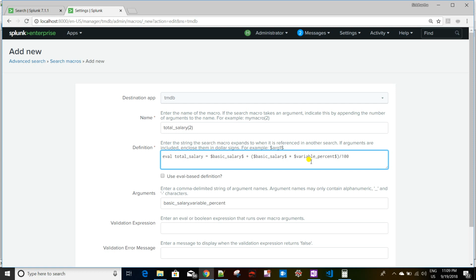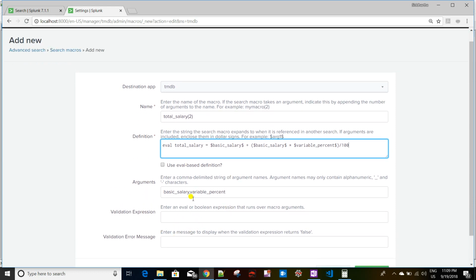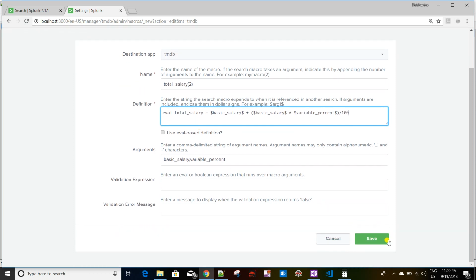This will be my macro body. There are two options called validation expression and validation error message, which I will show you in the next macro. Now if I save it,